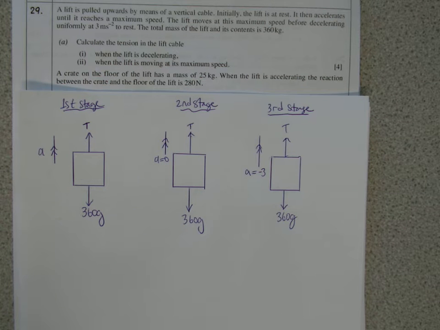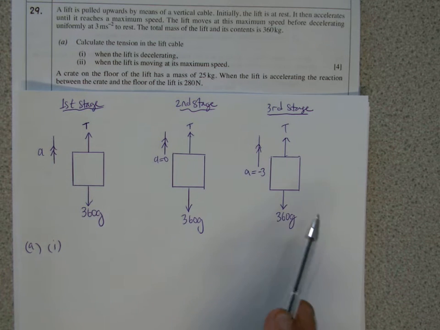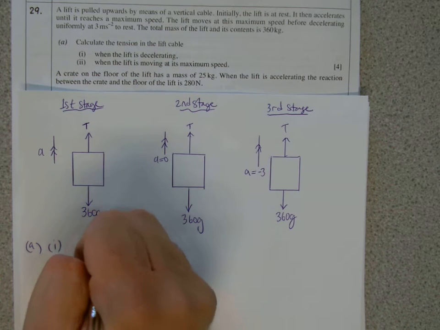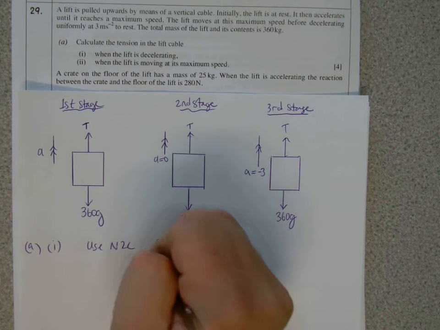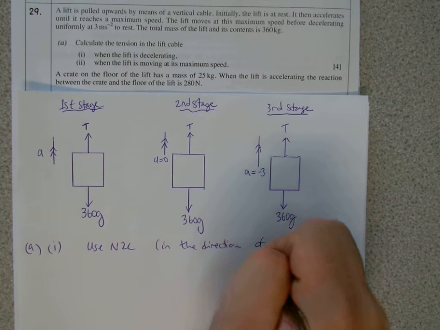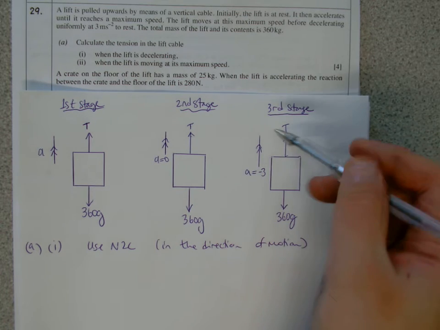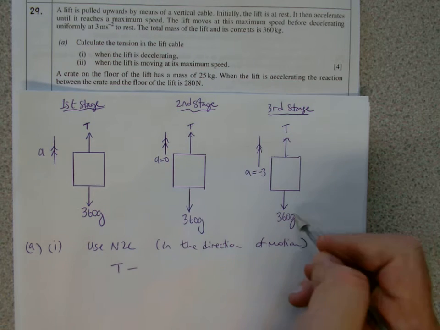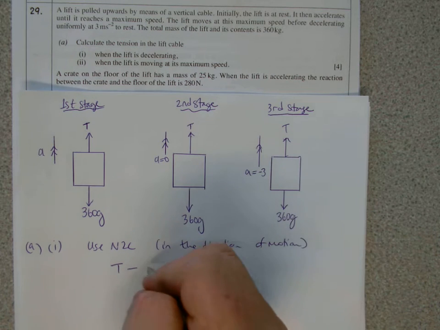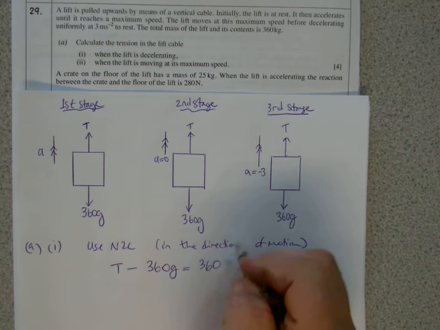So in part A it says calculate the tension in the lift cable. So in part 1 of part A, when the lift is decelerating, we're interested in the third stage. If we use Newton's second law, we always go in the direction of motion. The forward force, because this is going upwards, is the tension, and you take away the resistance, the weight, which is going the other way, 360g, and that will equal the mass, which is 360, times the acceleration, which happens to be -3